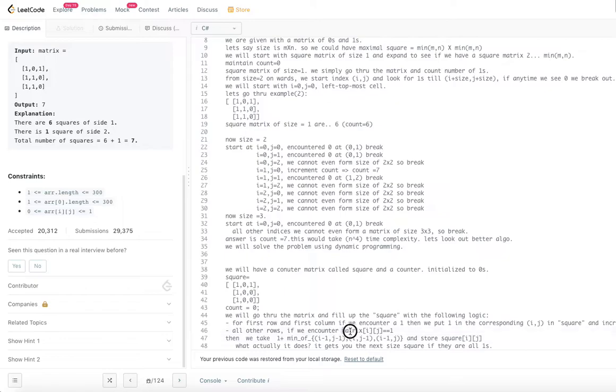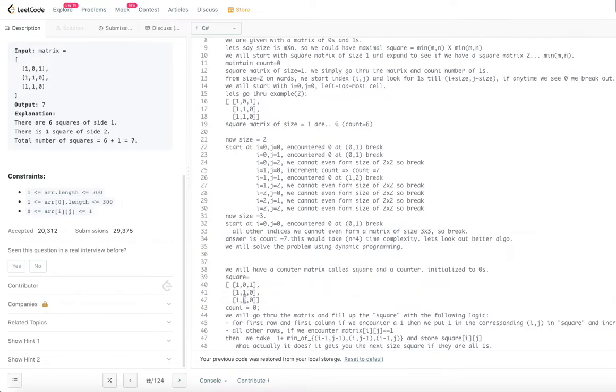That is because we are encountering a 1, and store it in the square of ij. So now with that, what we are going to do is, so 1, 1, 0. What is the minimum of that? 0 plus 1. So this will be 1 now, right? So going further again. So this is 1, but this is anyway 0 in the original matrix. So we leave it as it is.